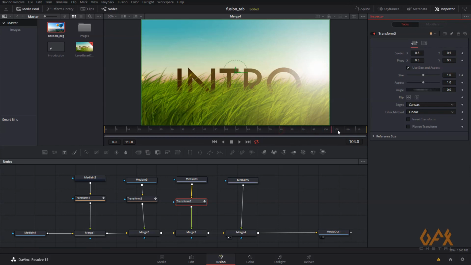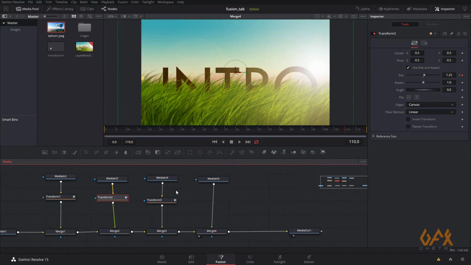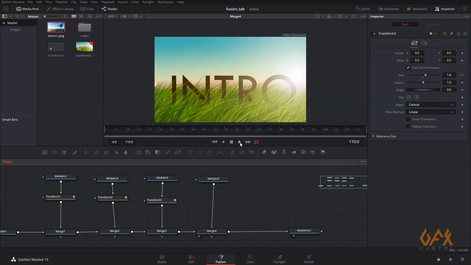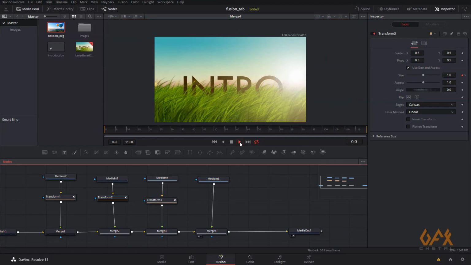I just change my timeline, and for example here I change it to 1.16, here 1.25, and here 1.6. So now if you play it,